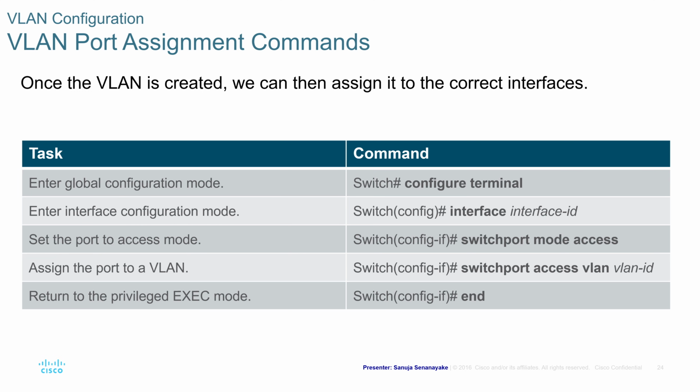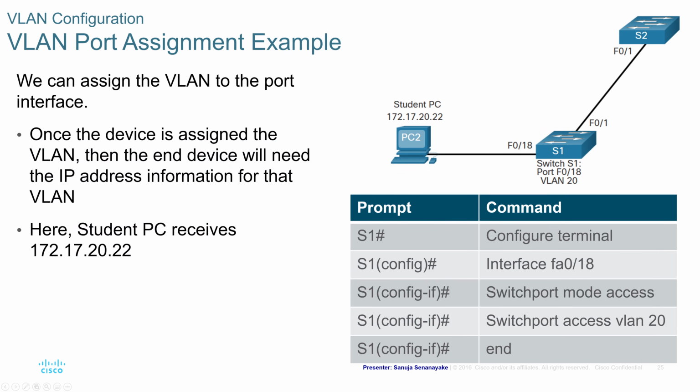Again, this will make much more sense when I go through them on a live lab demo. Just for now, remember these are the commands we will be using. And in this assignment example, we can assign the VLAN to a port interface. And once the device is assigned the VLAN, then the end device will need the IP address information for that particular VLAN. In this case, we have 172.17.20.22 for that student PC,